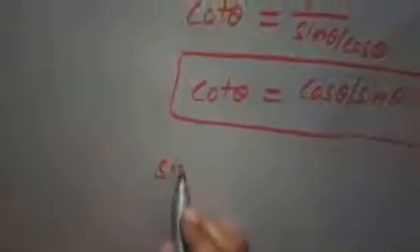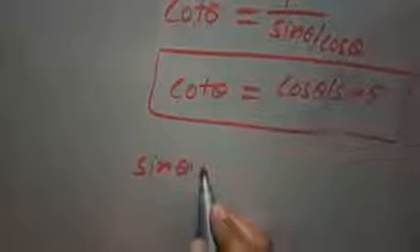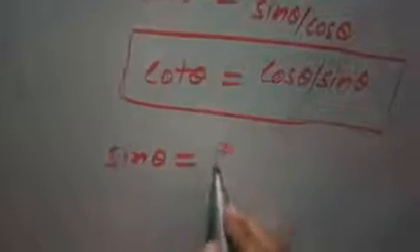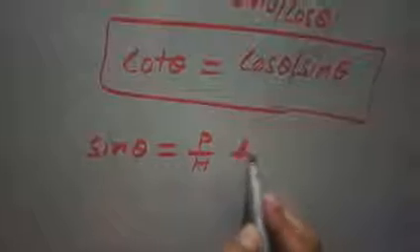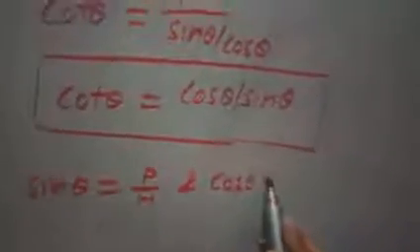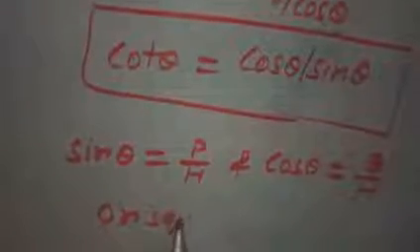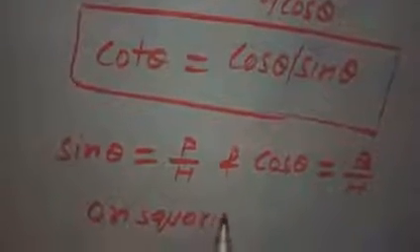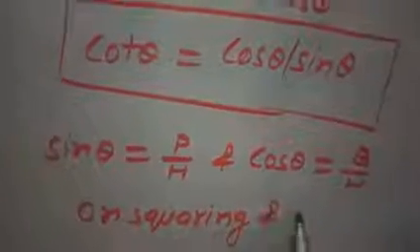Now if we see, as we know that sin theta is equal to perpendicular upon hypotenuse and cos theta equals to base upon hypotenuse. If I write on squaring and adding,